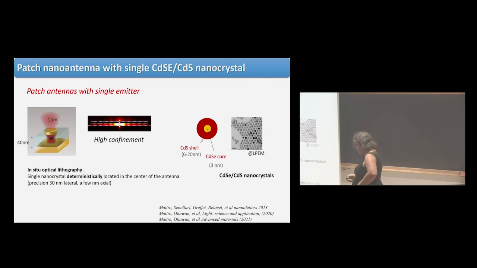So what I will discuss, if I have time, 5 minutes? Less? 10, good. Is this kind of antenna, which is very close to the one that I presented with a silver cube. Here you have a gold substrate, here you have a patch, which is very thin, the thickness of the patch is 40 nanometers. Here you have 1 micrometer, and here a dielectric of 40 nanometers, so you see the antenna is big laterally, but very small in thickness.